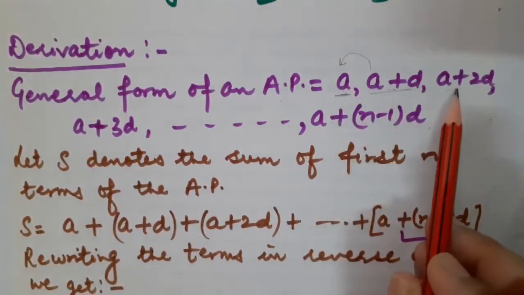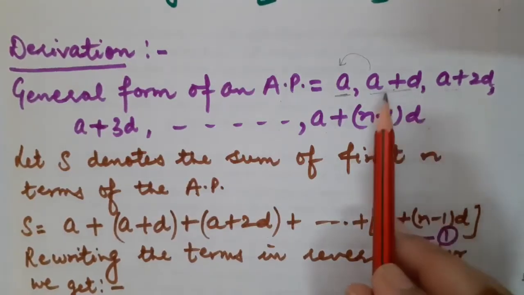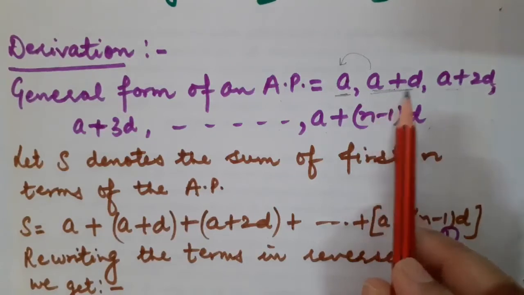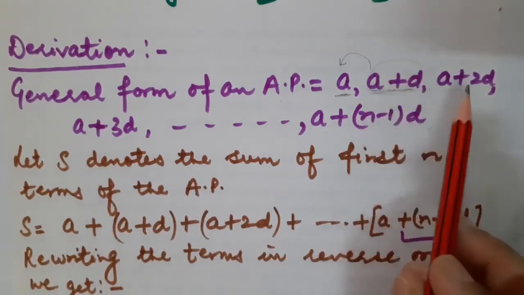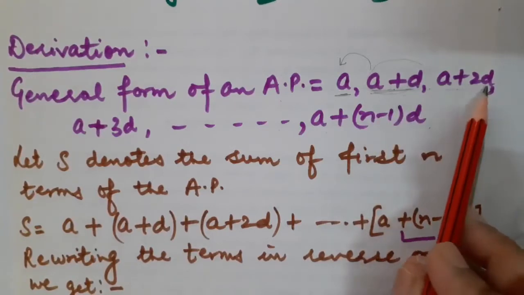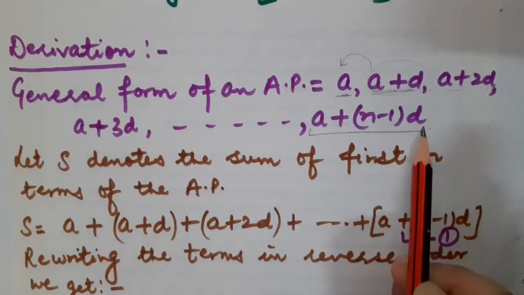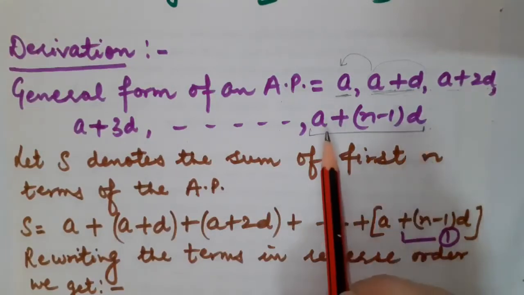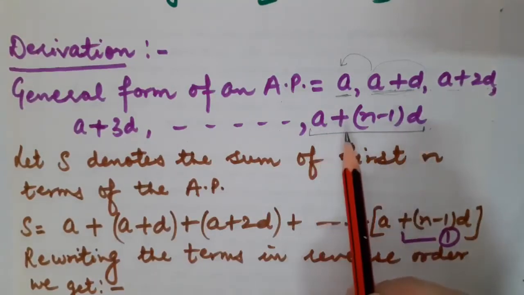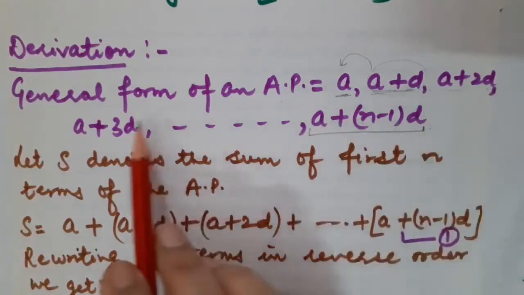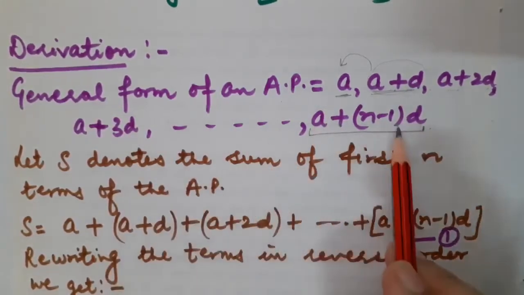How to calculate the third term, that is A3 of AP? We are going to just add the common difference to its preceding term, that is A plus D, and one more D will be added, so it will become A plus 2D. Correct, student? In the same manner, the nth term that I have explained to you is A plus n minus 1 into D. Fine. So this is the complete generalized form of AP.